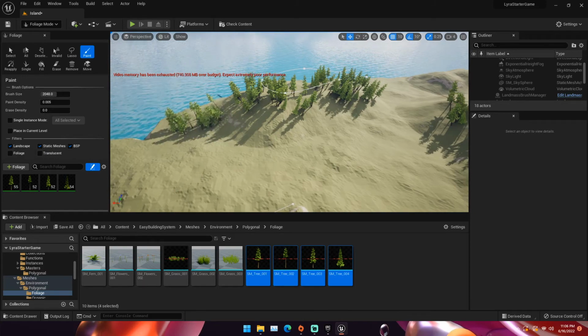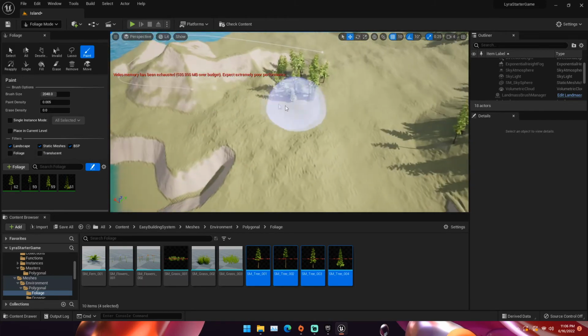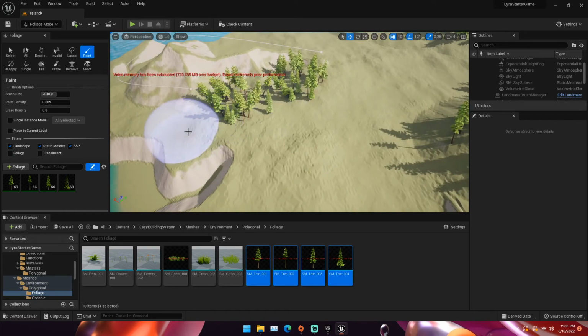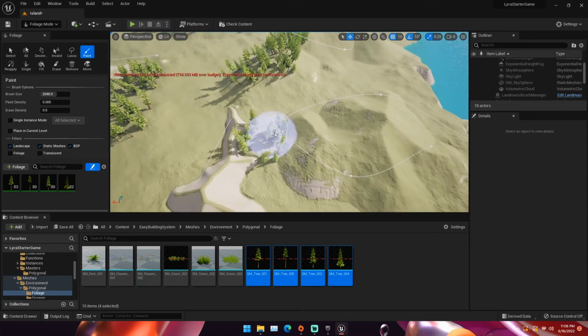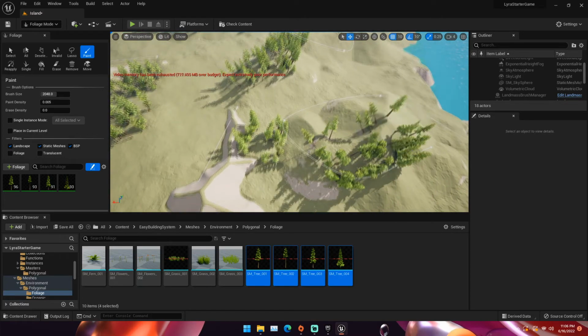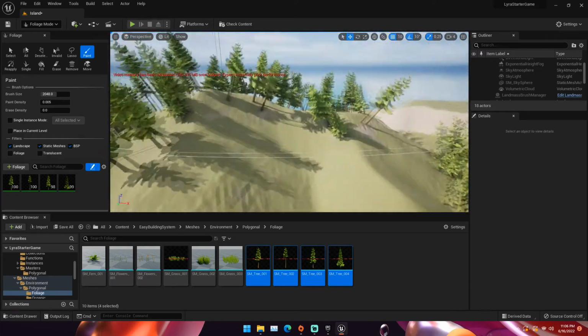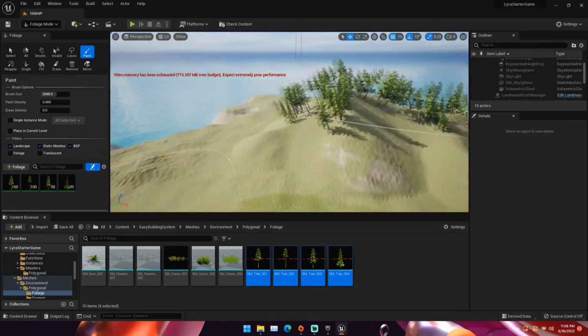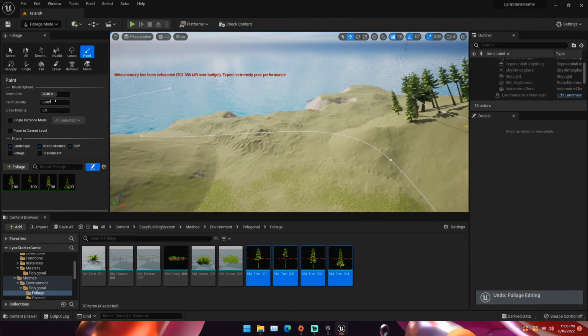kind of coming down. And we can just place these trees around in different places, kind of spread them out, but make them make sense basically. Trees, they can grow pretty much anywhere, at any angle. You just don't want them clipping through stuff. If you need to, you can change